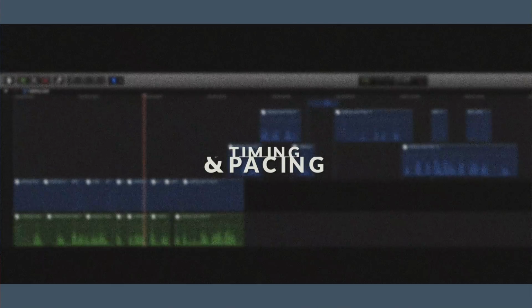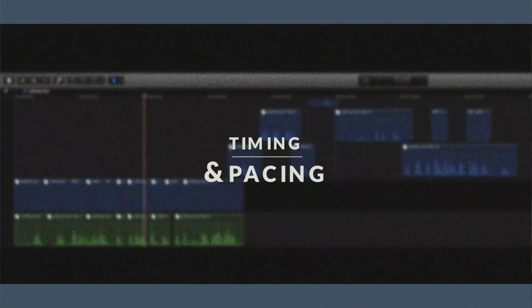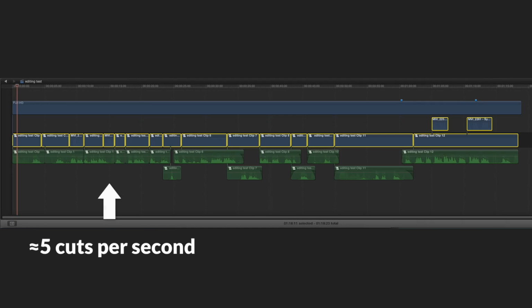So one of the most important things to consider when editing a scene is the pacing. Now, if we look at our scene in terms of the cuts, we can see that to begin with there are many cuts, and then later on the pacing generally slows down. So as he makes a better argument, talking less about the details and more about his bigger picture idea, we see that the cuts kind of stretch out a little bit, which I think reflects how the character has more time for him. Everything is a little bit more focused. The audience is not looking from one character to the other nearly as much. They're kind of more focused on one person.